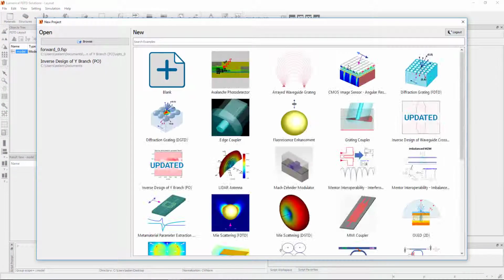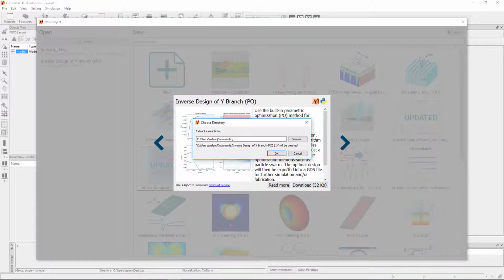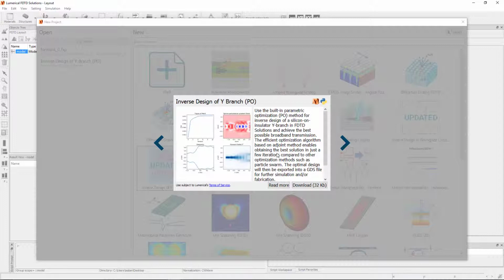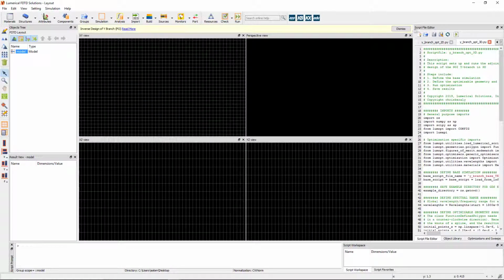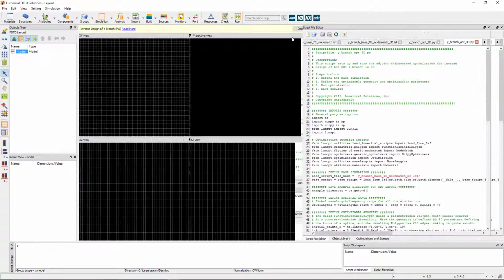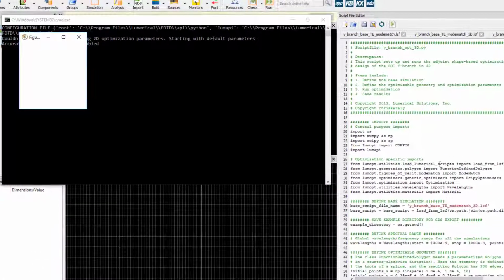The Python integration also allows you to run app gallery examples that use the Python API out of the box without requiring you to manually set up the necessary Python modules. For example, you can simply open app gallery, select the inverse design of Y branch example, download and launch it from the script editor. Since the example runs with the bundled Python, you do not have to worry about pre-installing